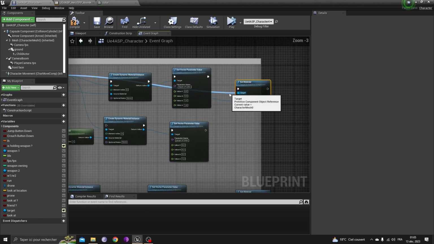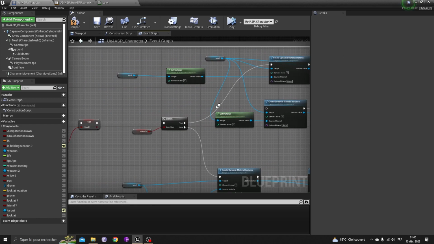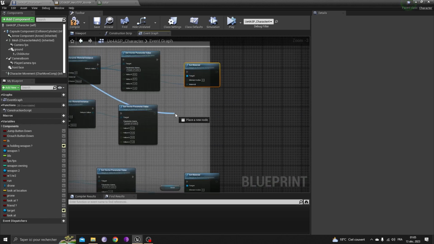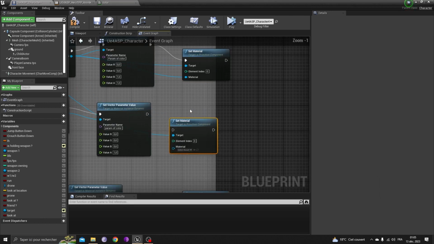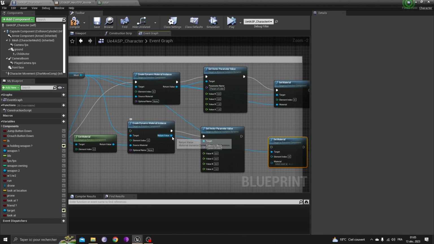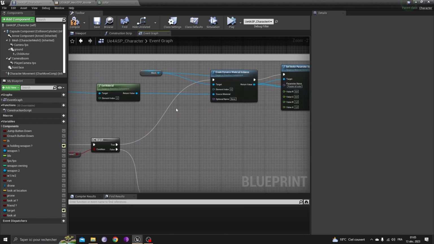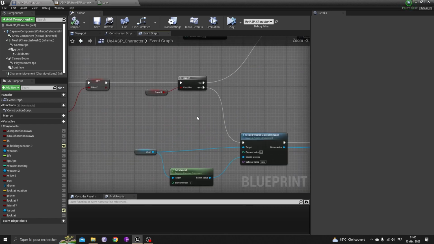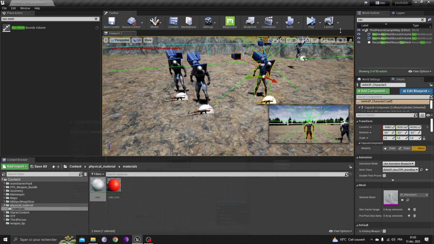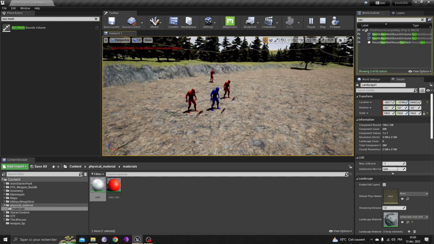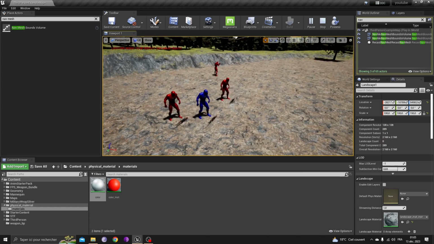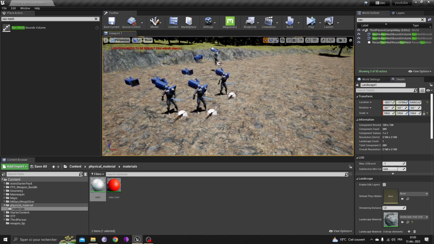Target is also the mesh, okay, guys. So you drag from the mesh here, set material, okay, and the material will be this one. This is how I paint my characters, okay, guys. It's just to make the difference between the friend and not friend. So the blue will shoot the red and the red will shoot the blue, and you can see that here. So it's a problem of